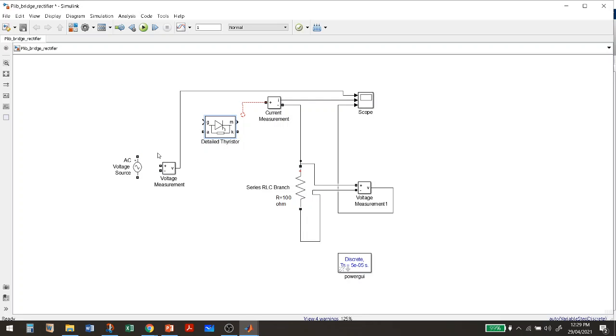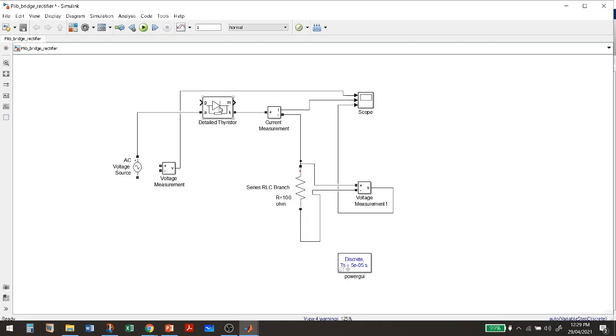I will connect the thyristor, anode, cathode. There I need to apply a gate pulse.